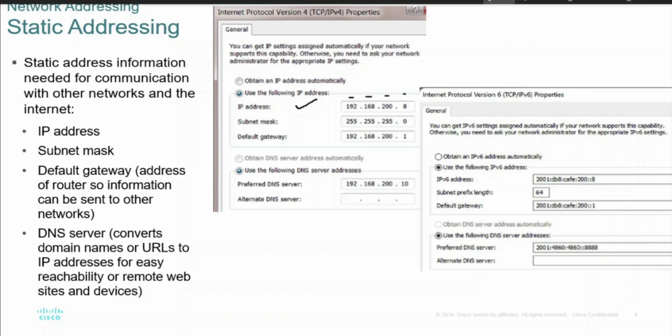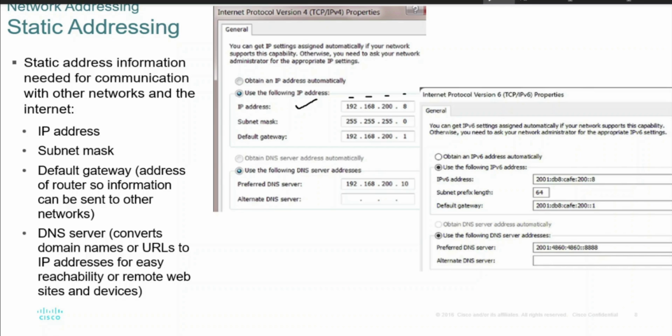And the default gateway is the IP address of the gateway router, or the last router of your organization, by which your data will travel from your computer to the internet, and travel back from the internet to your computer through a gate. The gate is a router, a gateway router. That gateway router's IP address is known as the default gateway.